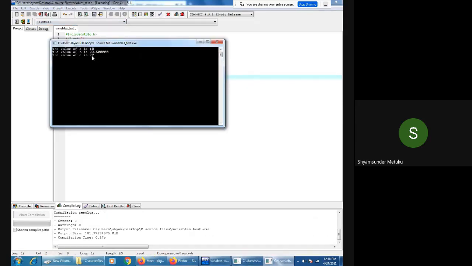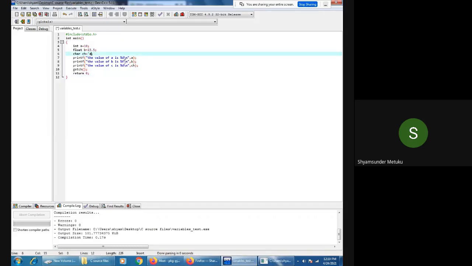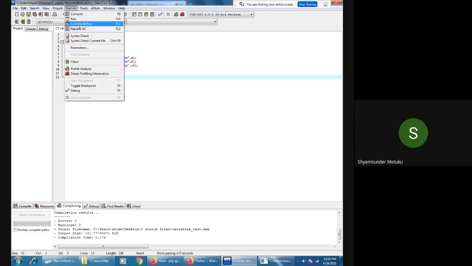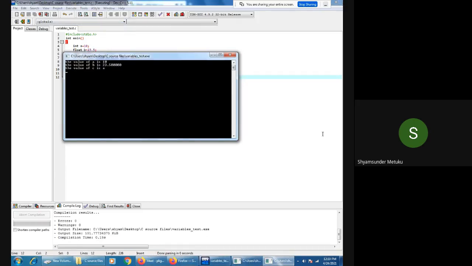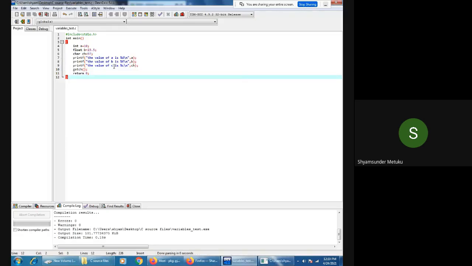So you can see what value you got? 97. Very good. Now the other way can also be written: instead of a, you can write 97 here, and you can use percentile C. What is going to be printed? A. Good. Perfect. It is not C, it should be CH, because there is no C variable, no? So I hope everybody understood how variables are declared and how they are printed on the output. Is it clear? Yes, sir.